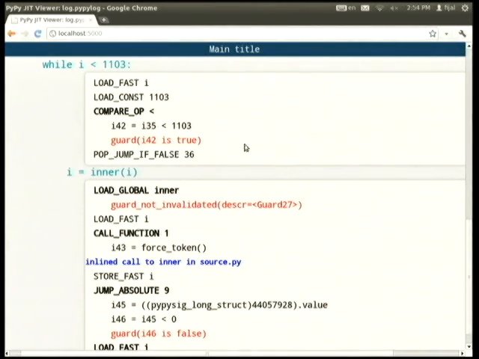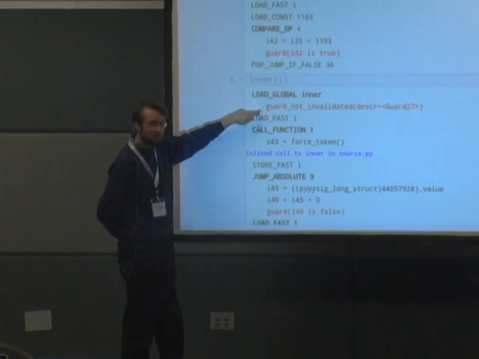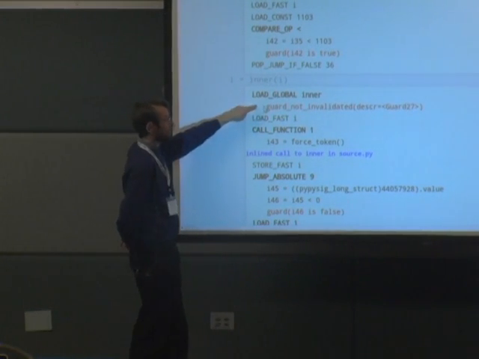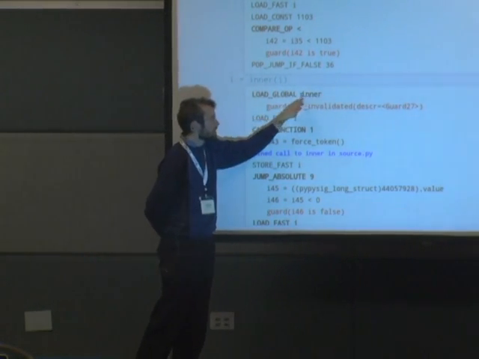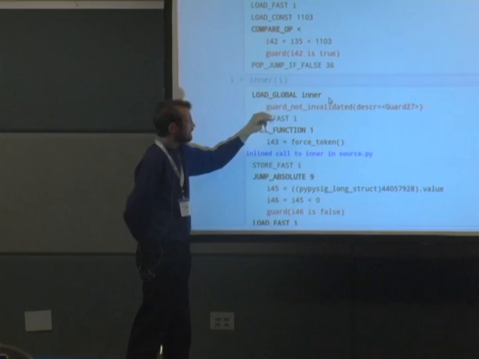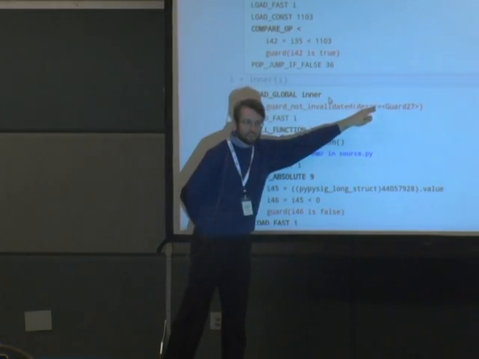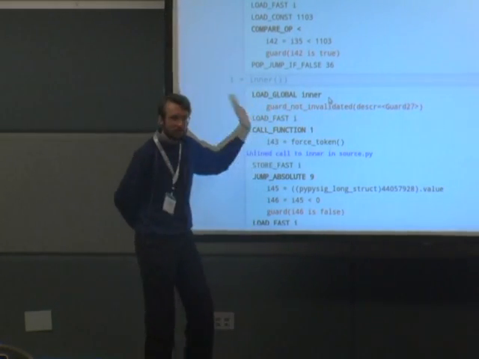It starts with the comparisons, the same as before. Then you have a load global to load the name inner. This becomes the guard not invalidated, which means no code at all, actually.